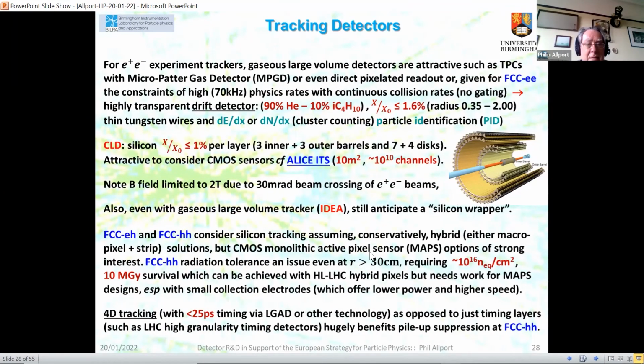Tracking, either gaseous detectors for FCC-ee in IDEA, the idea would be to actually use a highly transparent drift detector. A TPC is not so favored because, unlike a linear collider, you don't have the possibility of using gaps between electron bunch trains and gating. CLD has silicon based solutions, building on, again, the CMOS sensor developments. And for FCC-hh and eh, you would like, again, 4D tracking and radiation tolerance, which could be in the range